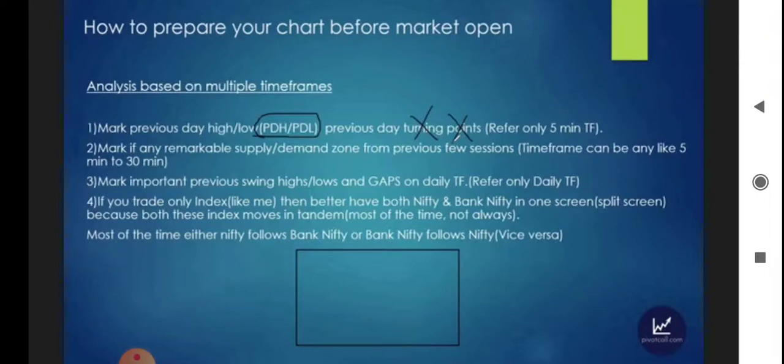If it is not there, then you don't have to mark, right? Supply demand zone, you will not see every day. Only mark it whenever you see it. Swing high, swing low, not every day. Only mark it whenever you see it on your chart. Gaps, not every day. So the only thing you have to mark every day: